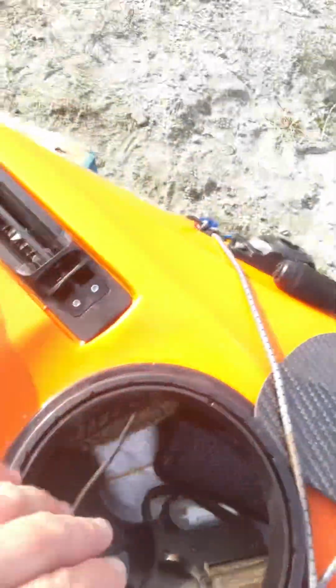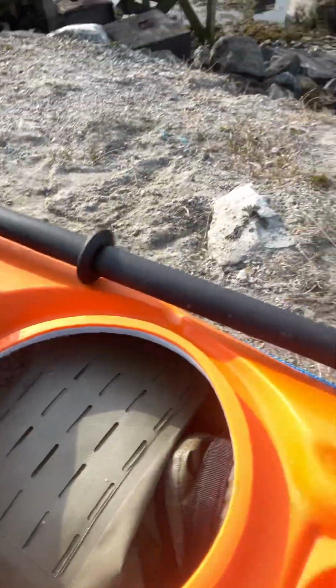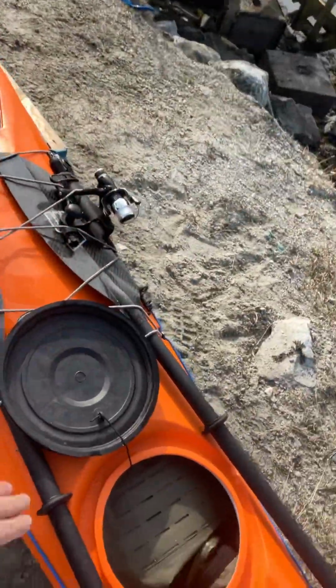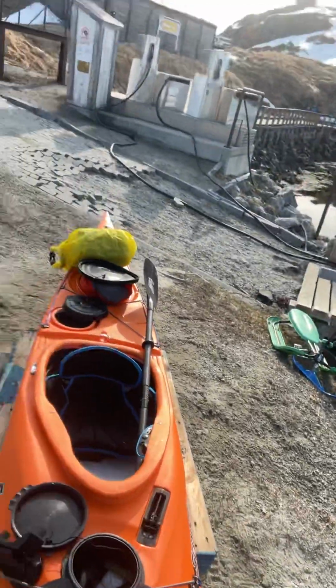This is a really easy access hatch here. It's got a firing pistol, sunglasses, sun cream. It's also going to have hat and backup gloves. And in the front it's all my clothes. So my shoes get wedged up right in the front up here, and then dry clothes for when I'm not kayaking go in there. And on top I've got spare paddle, fishing rod, my rifle goes there, and on the